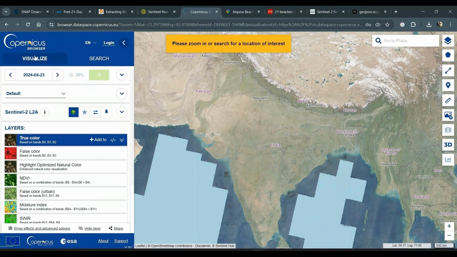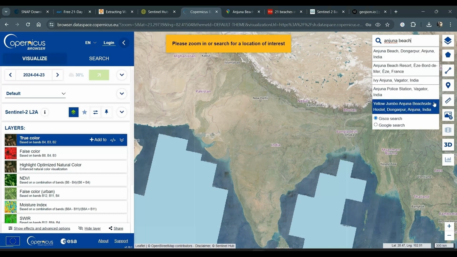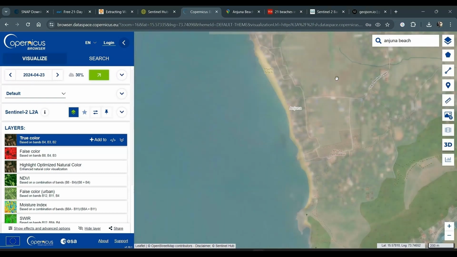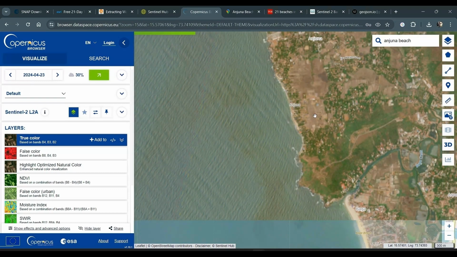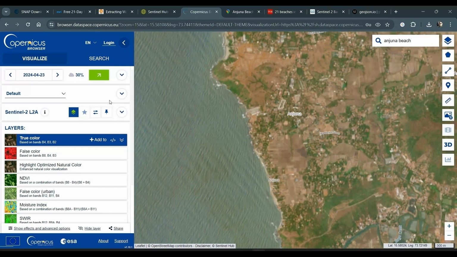So now, the idea behind showing you this was, while EO Browser is a useful tool in terms of visualizing and obtaining context, for this particular example we need to delineate the shoreline. So EO Browser is not sufficient for this. So we are going to Copernicus browser, browser.dataspace.copernicus.eu. This is where you can download Sentinel imagery for free, and you can create an account and